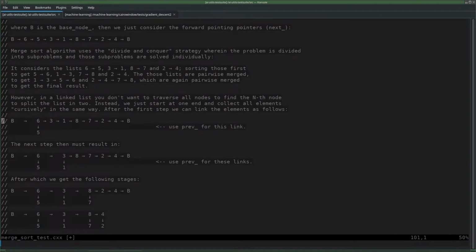Yeah, so this B we leave alone, but the last B is then considered to be the smallest, which means that here we get